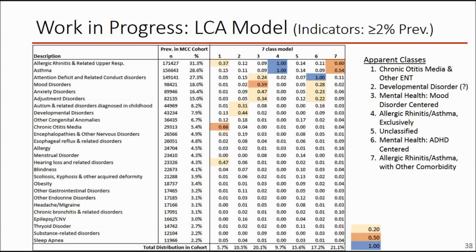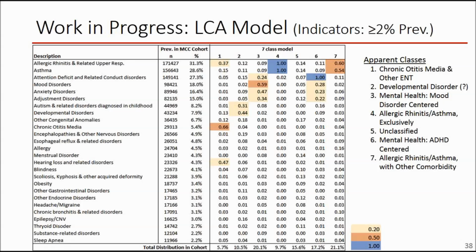We're still looking at this, but I hypothesize it's a little different here because there are so many indicators. Some of these don't have the 0.5, but they have a 0.3, a 0.4. That still is probably informative around who's in that class. That's justified by looking at the conditions of the kids in those classes. So based on that, and based on the predicted probabilities of class membership, we seem to have 7 classes, and these are consistent across specifications. If you use 1% prevalence, 2% prevalence, a 6-class model, an 8-class model, these 7 classes seem to appear consistently.